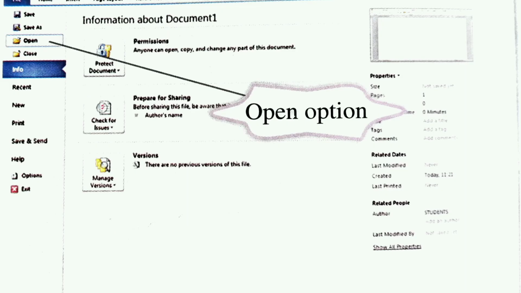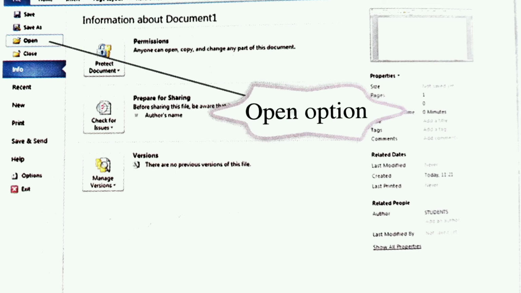So, we learned about how you can open a new document, how you can save a document. Now, suppose you have saved a document and later you want to open it, how can you open it? To open a saved document, you have to click on the Open option. Where will you find the Open option?